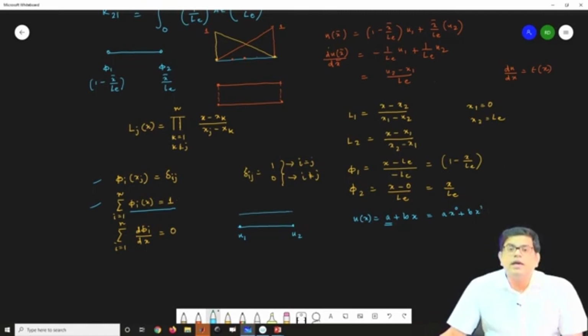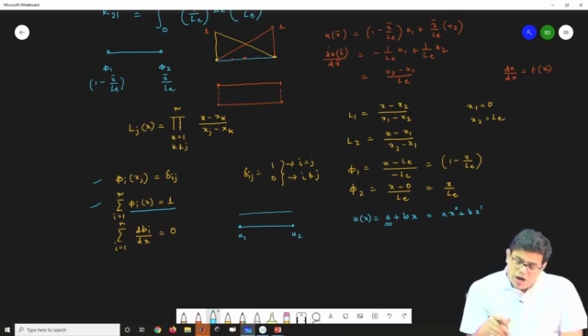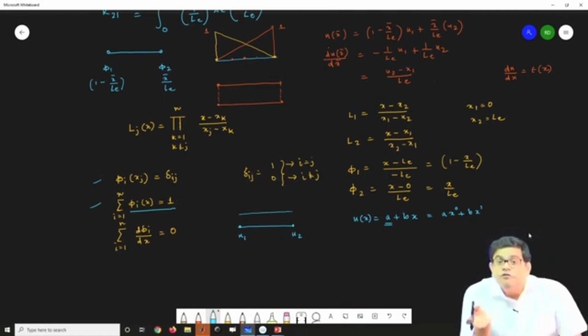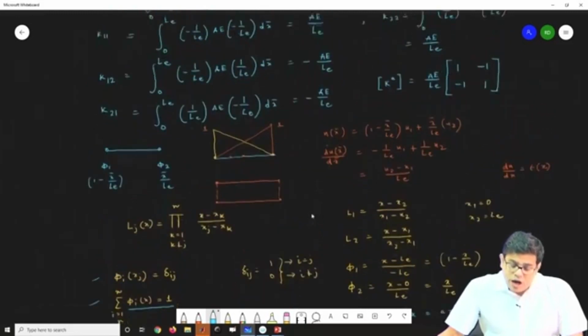So that's why the constant solution is reproduced. If you look carefully, the finite element shape functions are required to satisfy this constant property. Now let us go back to our